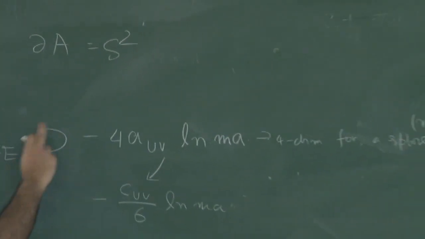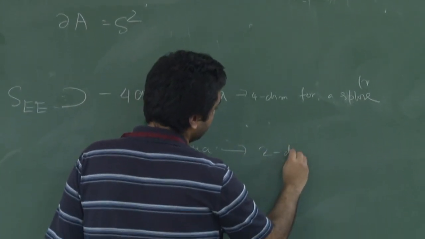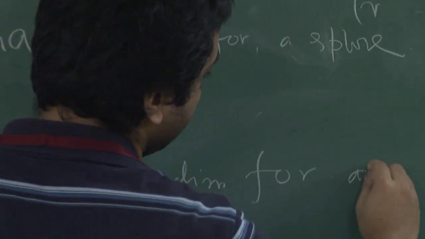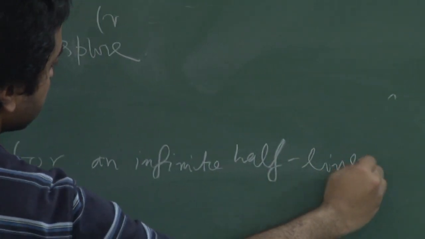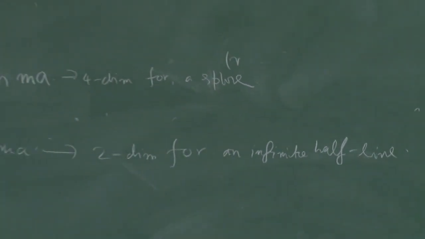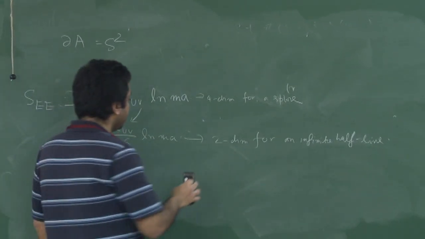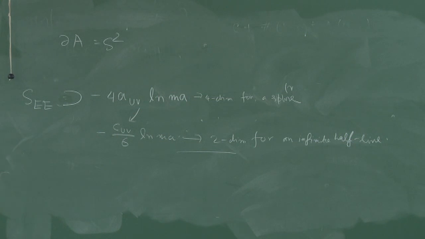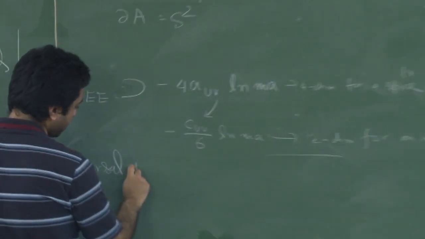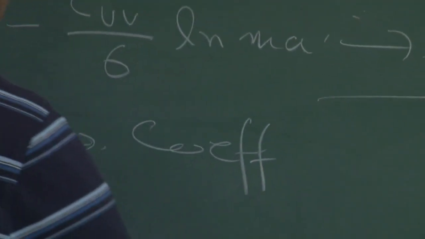I haven't written down an equality sign because this is one of the terms, and this is a universal term, and this is in 2 dimension for an infinite half line. So you get the same type of expression also in 4 dimension. Now in 4 dimension, if you are just interested in the universal terms, by that I mean the coefficient of the logarithmically divergent terms in the entanglement entropy,